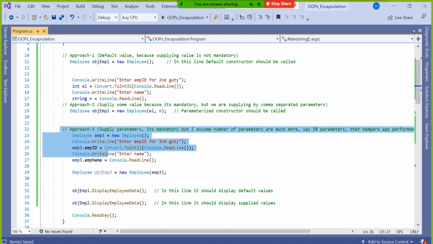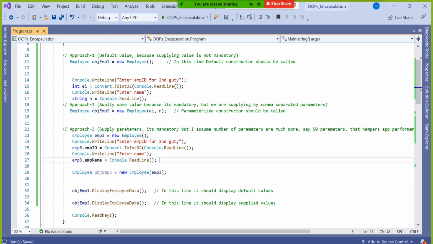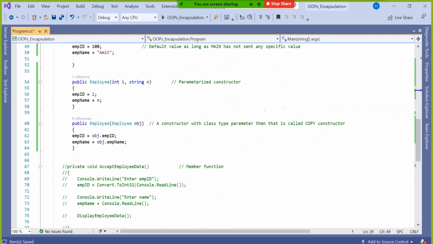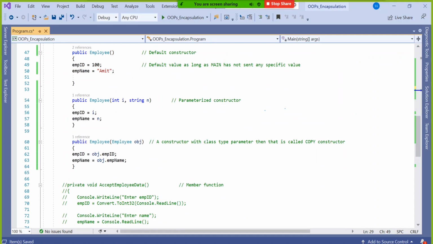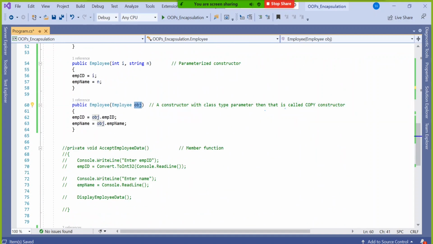But in the third approach, I am supplying the object directly as a parameter. Can you see, emp3 I supplied as a parameter. Now if you have 20 things plugged into this emp3 also, no issue. In one go it will take those things from here and supply that emp3 copied into obj, and from obj I am collecting the data and supplying it to the respective variable.